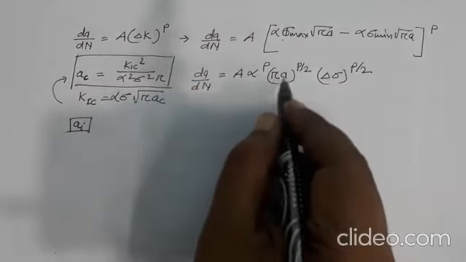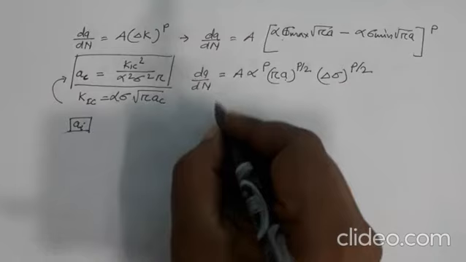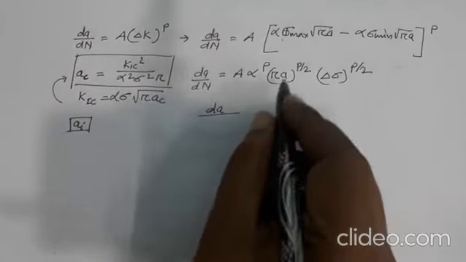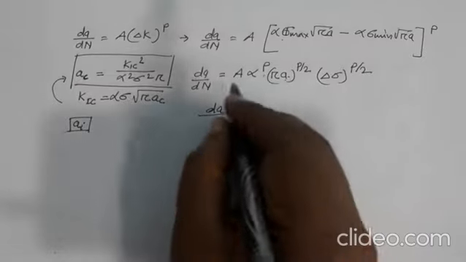Okay, so now I will take A on this side, so I will have dA divided by, so I can simply take just the A part and pi I can keep it there,